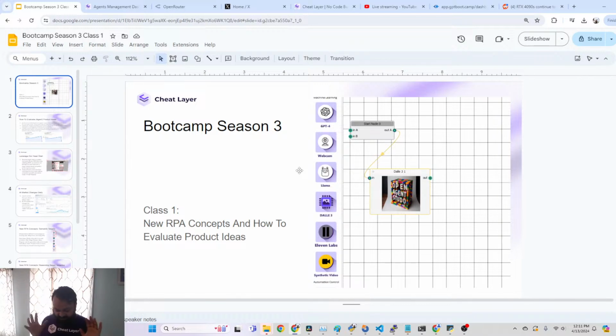And so we try to condense it down into 1 month because we think we only have a few months at best before other people copy this idea, so that our customers like you can actually take advantage of this. And it would be kind of cool if we had a Cheat Layer mafia of startups that grew out of these boot camps. So that would be kind of exciting and meaningful to me, because I've been helping people.